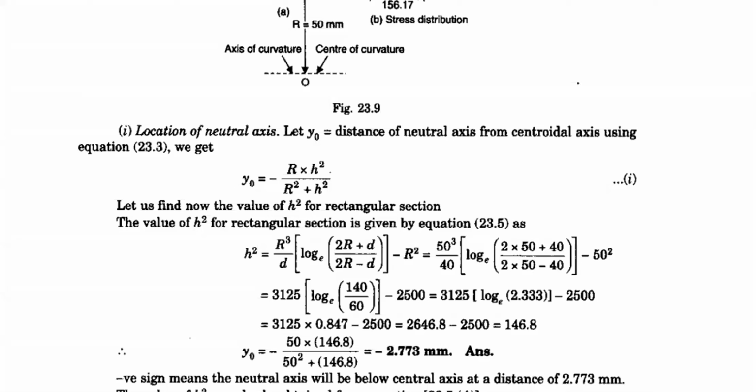I'm dealing with the rectangle section, so I'm concerned about this h square value. If you're dealing with a circular section or trapezoidal section, the procedure is the same. So please pay attention, listen carefully and follow the instructions, and verify the equation I have here, so that it is easy for you for 14 marks. There is no 7 marks question unless it is asked only for the h square value. Otherwise, it will definitely be a 14 marks question.